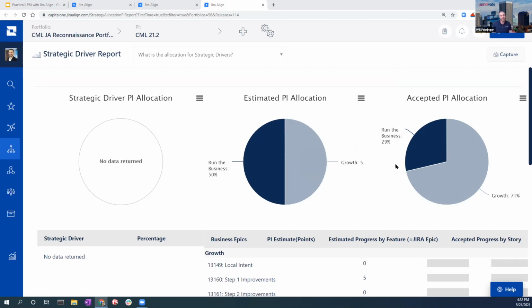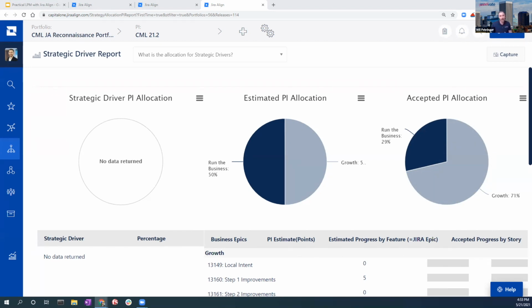So this was the data in our sample portfolio. But this is the number one takeaway that we pursued for our line of business for our Jira Align rollout. So why was that? The first reason is that this is information that leaders already cared about long before we had the tool. Before we had the tool, this data was pulled together in a much more manual fashion. So having this report that automatically generates this data was a huge lift right off the bat to understand